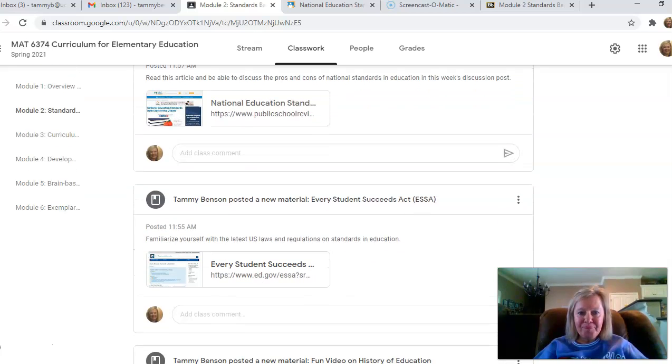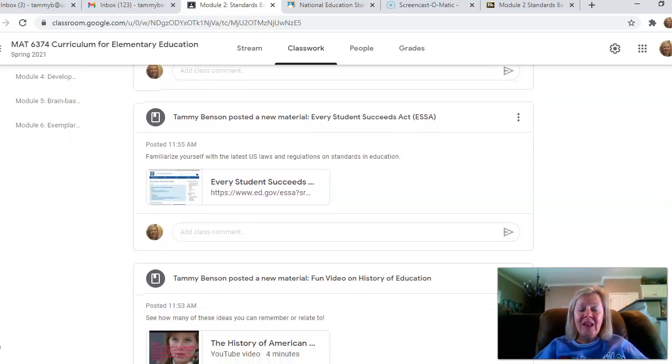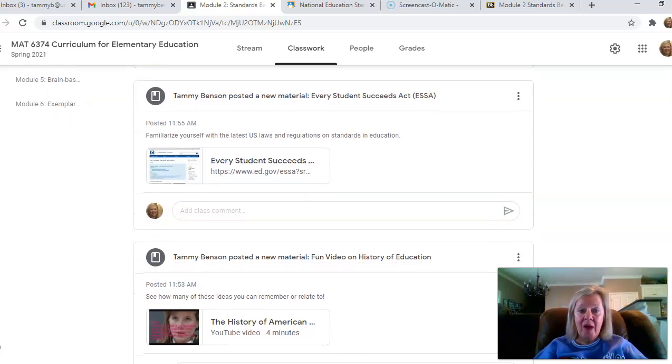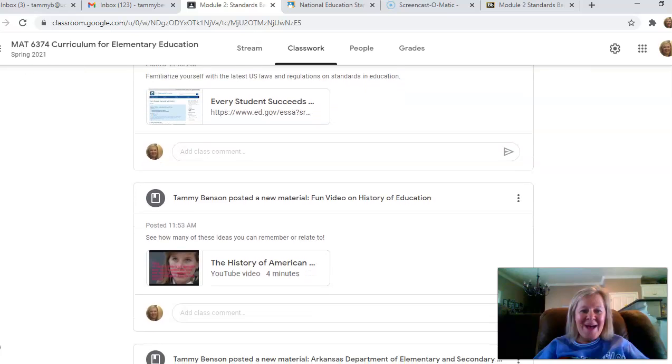I also gave you the link to the Every Student Succeeds Act, which is basically the last regulations that have been put out by the U.S. Department of Education. So you might want to familiarize yourself with those, especially if you're going on job interviews in the near future.